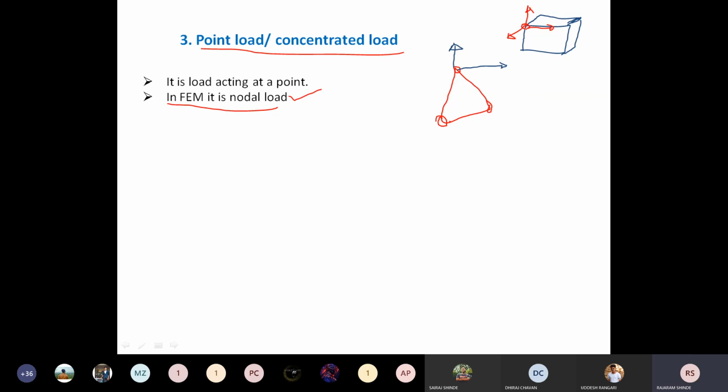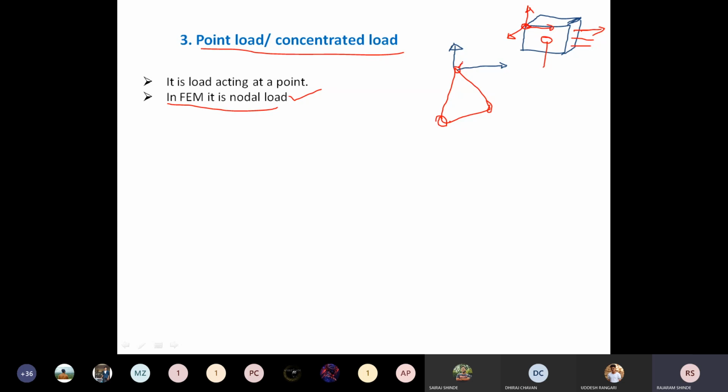Now on this element I will show you. If we consider the self weight, or if there is some magnetic force, that comes under the body force. If we apply pressure at this location, or if the force is uniformly distributed, then it is considered as a pressure load, and this is the point load. Do you agree with this? Your body load is this one. It is uniformly distributed over the volume.